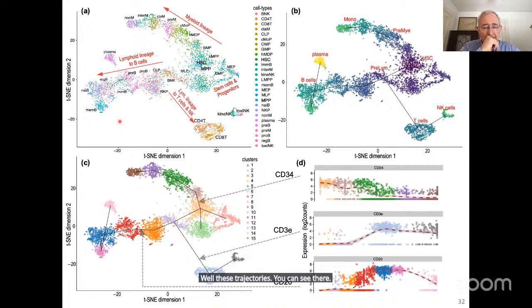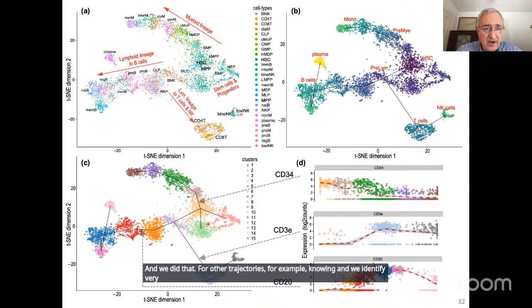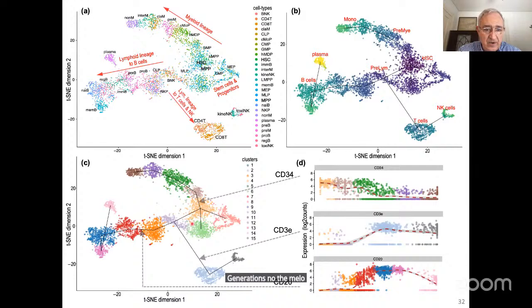And we did that for other trajectories, for example, and we identify very well that here in yellow and orange color is the stem cells area, and from this area come the cells that are in our population later on. There are three very interesting generations, no? The myeloid lineage that goes like that, and here at the end, what we have here,